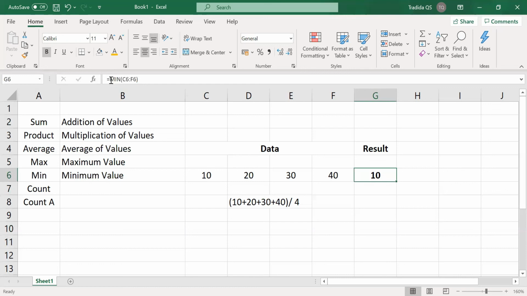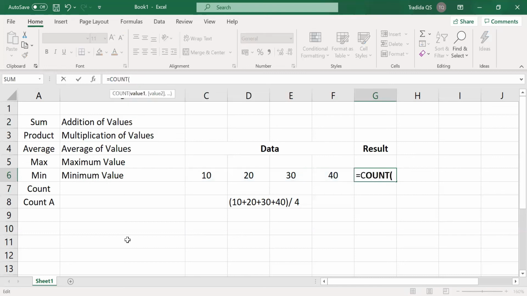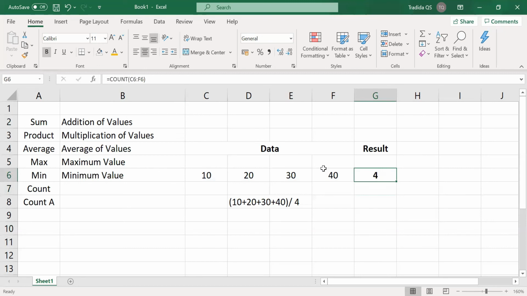Next one, count. COUNT. Open the bracket, select the values and close. Count. How many? 4. As I just said, there is a bank statement which has 20 entries or 25 entries or more. You don't know the number of entries.